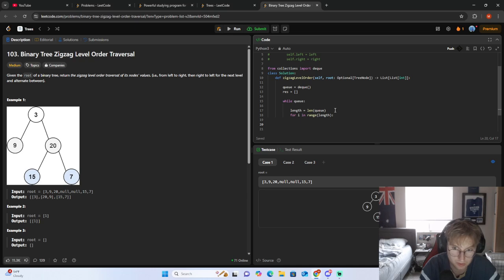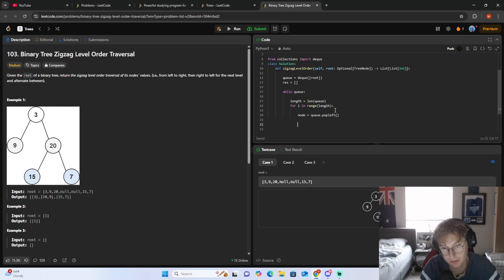Then we want to pop, right? Inside of our deque, we want to pass our root. We want to make it something we can traverse over. Let's do node is equal to q.popleft, right? Pop it from the left, then we check, well,